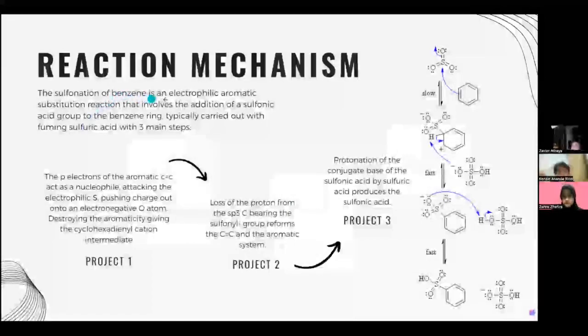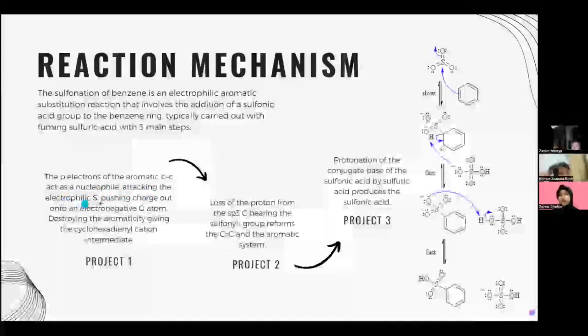The sulfonation of benzene is an electrophilic aromatic substitution reaction that involves the addition of a sulfonic acid group to the benzene ring, typically carried out with fuming sulfuric acid in three main steps. The first step is the pi electrons of the aromatic ring act as a nucleophile, attacking the electrophilic S, pushing charge out onto an electronegative O atom, destroying the aromaticity, giving the